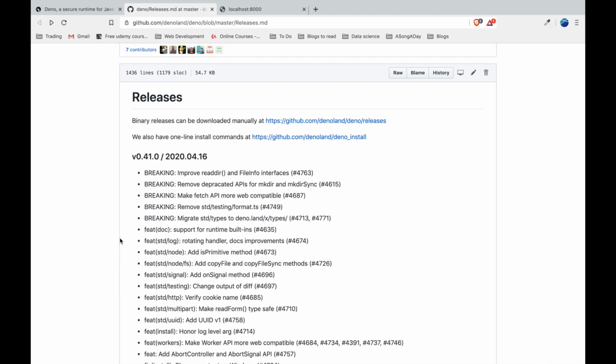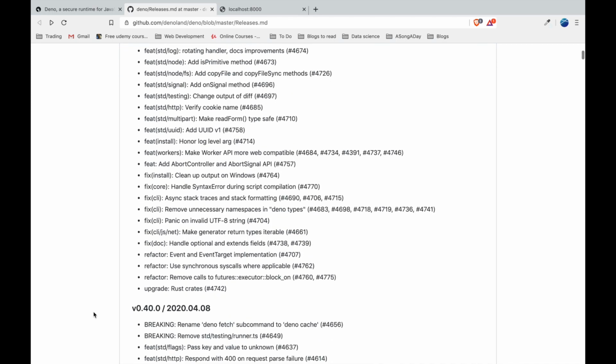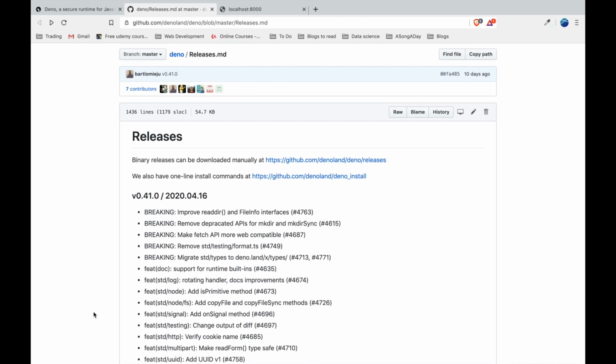And let's come to the conclusion: will Deno be replacing Node.js anytime soon? I don't think it is going to do that, because Deno still has a lot of things to do and there is a long path to go for Deno. But if you are interested in TypeScript and JavaScript, you can track how it is going and how Deno is doing. You can check with these releases also.